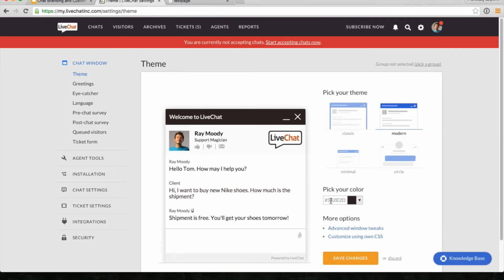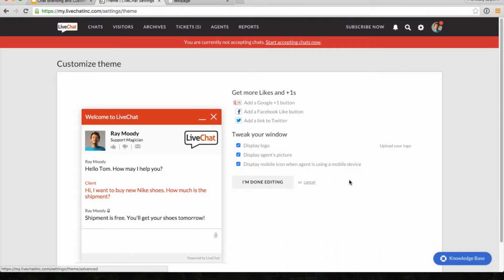or typing in the hex code, like for example 666. You might be familiar with this particular one. Okay. Upon clicking on the advanced window tweaks link, we are taken to the section where you can add social media icons to the chat,